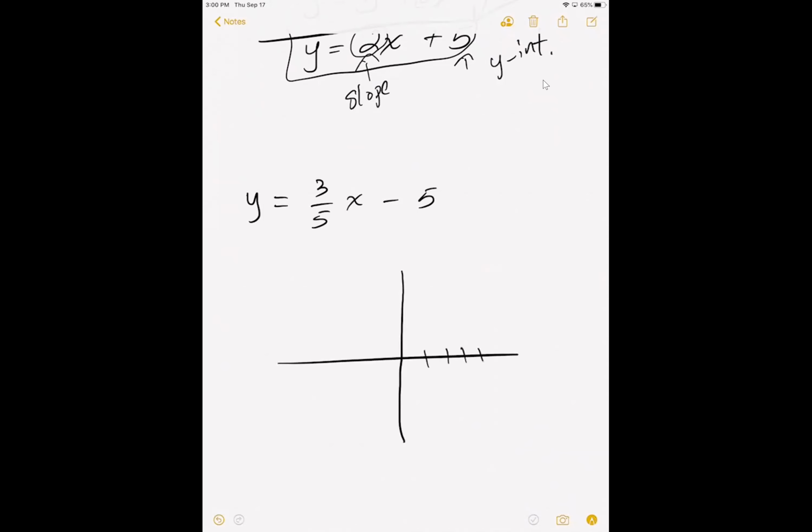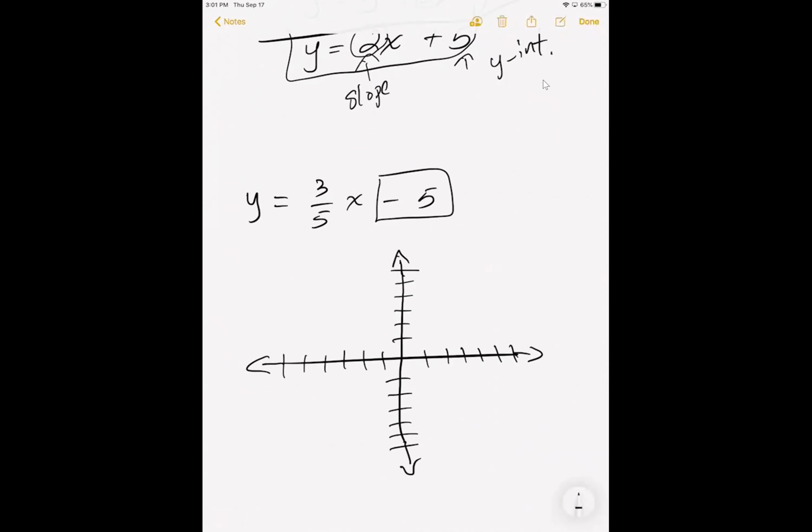1, 2, 3, 4, 5, 6. 1, 2, 3, 4, 5, 6. 1, 2, 3, 4, 6. Right. So we know, where is my starting point? Do you agree that negative 5? That's what I have, or negative 4, sorry, not negative 5. Negative 4, don't get confused. And you have 3/5 x minus 4. So we know that negative 4 is my starting point